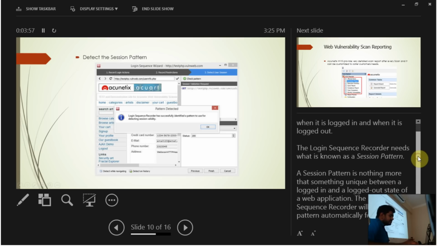The login sequence recorder will detect this pattern automatically for you. After recording the login, we can click the home button or some validated action except logout, so it will identify the session pattern. After that we can save this login pattern and use it later when rescanning our website.